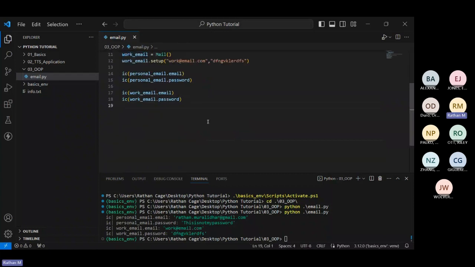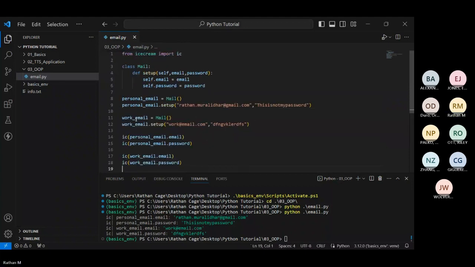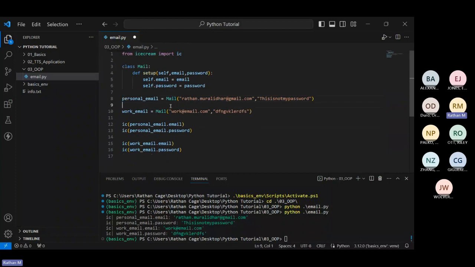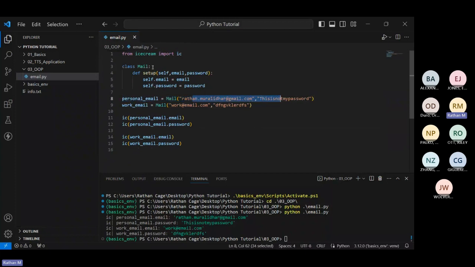Right. Now, instead of creating an object and then calling a setup function separately, we can make sure that you can send these values the moment you create an object itself. I'll just place it here. I'll remove the setup function. Same way, I'm just going to place it here and I'll remove the setup function. At this point of time, if you want to create an object in such a way that the moment the object is created, these variables are sent,